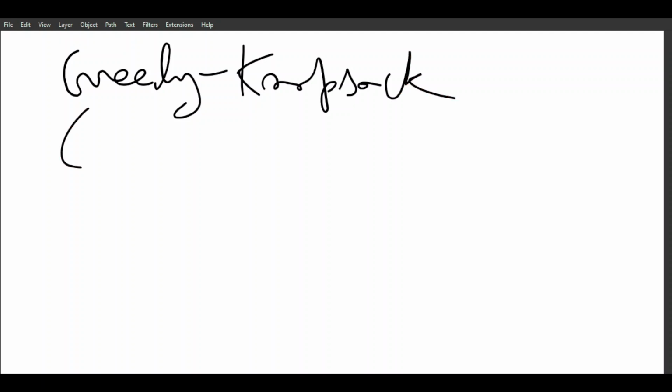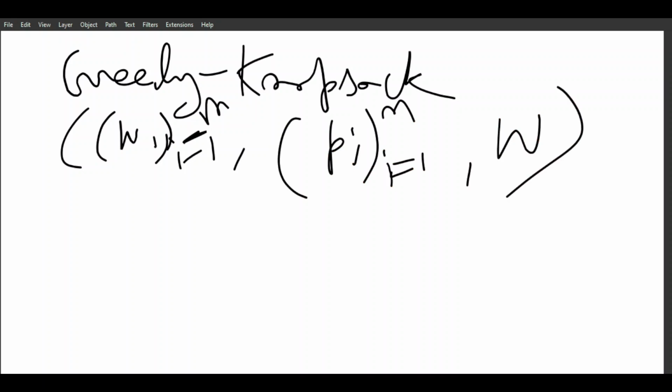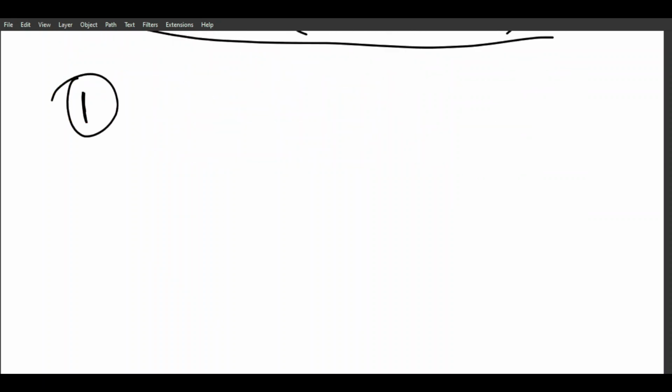Inputs: we take a set of weights w_i, i ranging from 1 to n, profits p_i, i from 1 to n, and knapsack capacity capital W. So these are the inputs. Step 1 is we sort the items